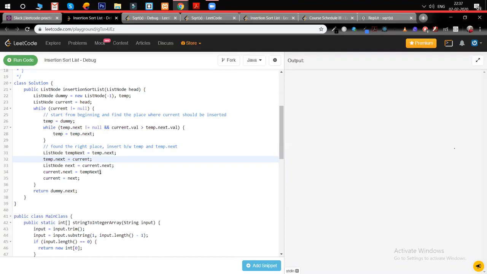So temp.next will be null, so temp.next equals current. Okay, I got it. So in the first iteration, temp will point to the head. Exactly. After the first, the node will be there, but we again start from there every time. All right, makes sense.